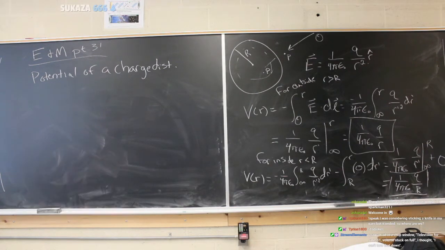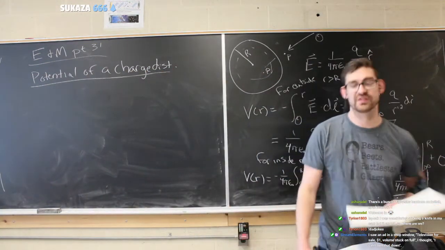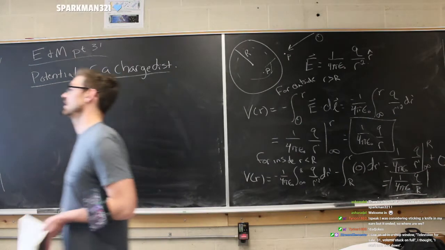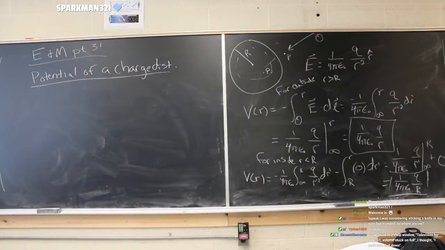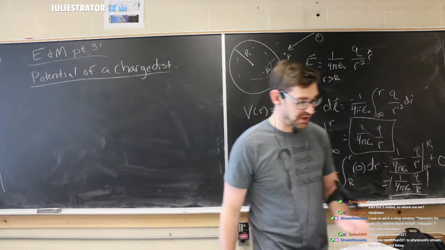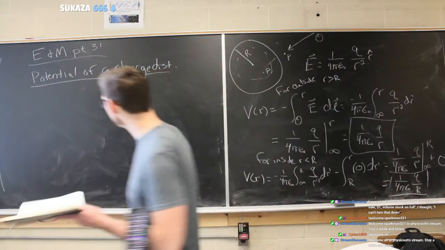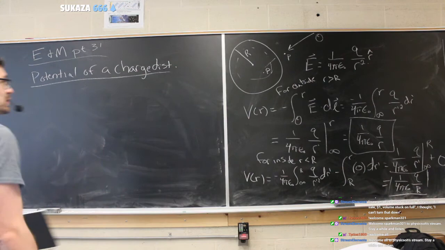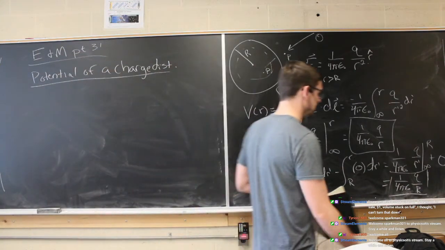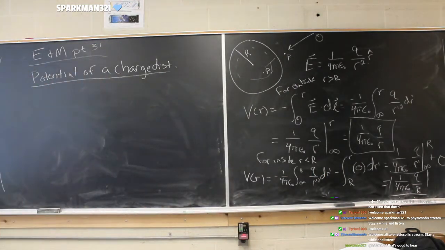So we are on potential of a charge distribution. So far today, we had a little bit of a recap with Gauss's law, since that was last week, and then again the intro to the potential last week. And this week is all about potential. We talked about five of the key notes, which Griffiths calls remarks on potential. And then we talked about how you can use that equation, the electric field is equal to the gradient of the potential, to get a lot of stuff. But now we want to do something different. We want to talk about the potential of a charge distribution.